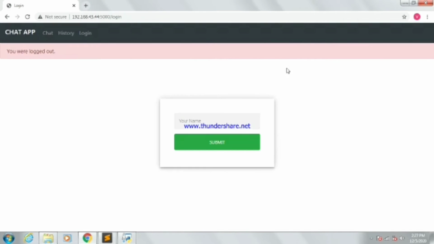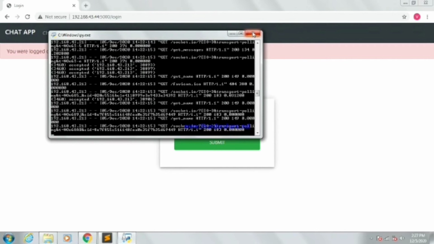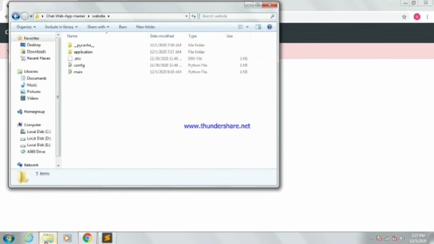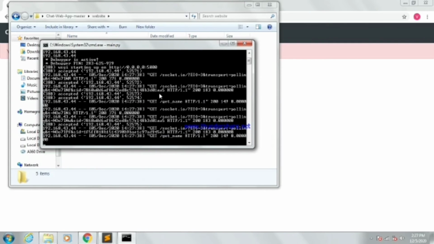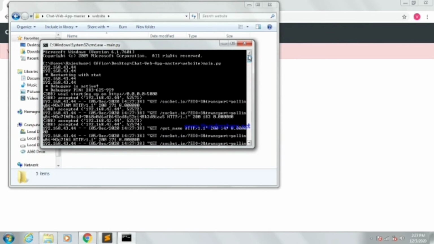So when we run it, we get a local address, something like 0.0.0.0 colon 5000.